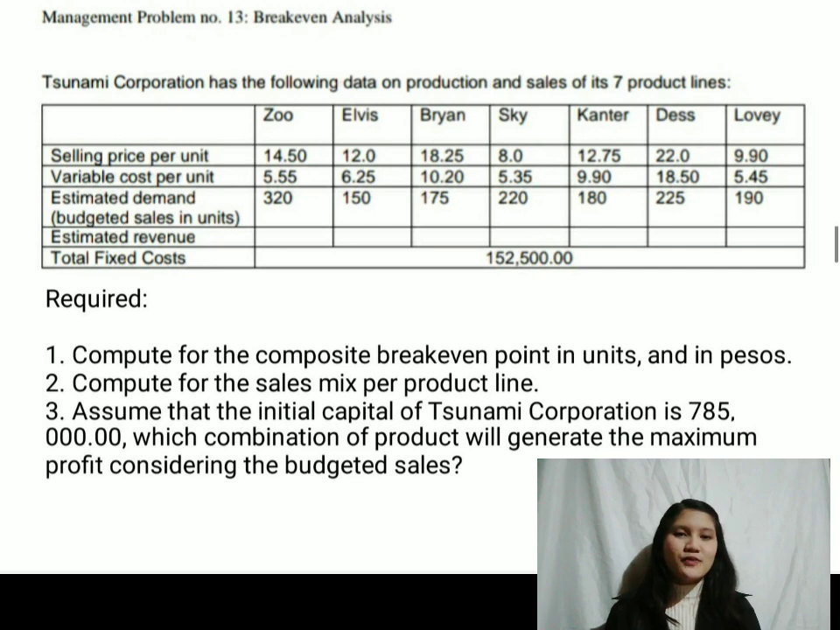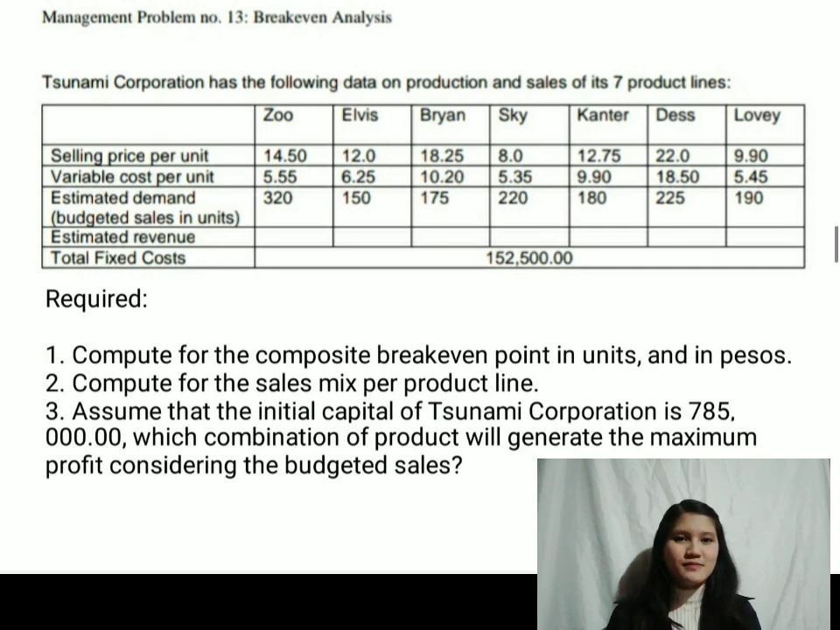Number 1, compute for the composite break-even point in units and in pesos. Number 2, compute for the sales mix per product line. And number 3, find the combination of product that will generate the maximum profit, considering the budgeted sales and assuming that the company has an initial capital of